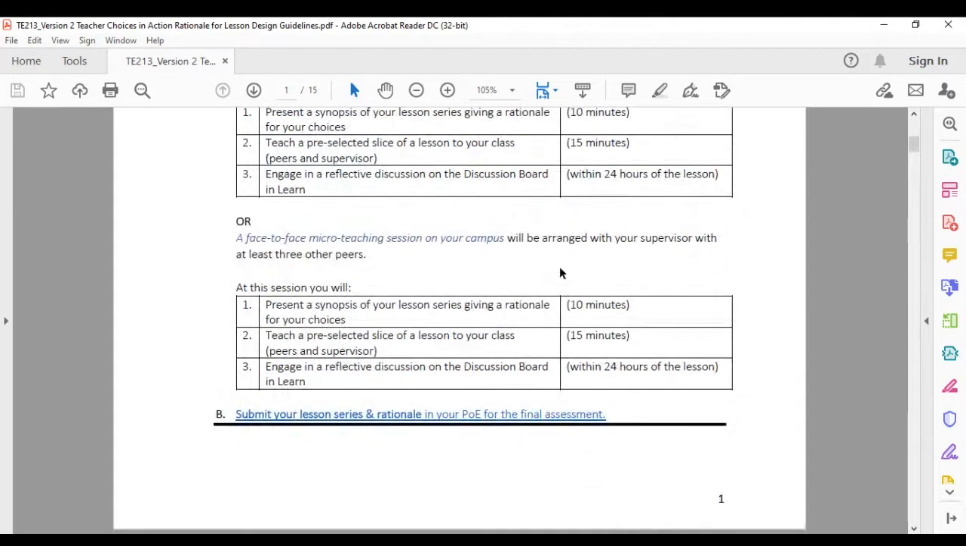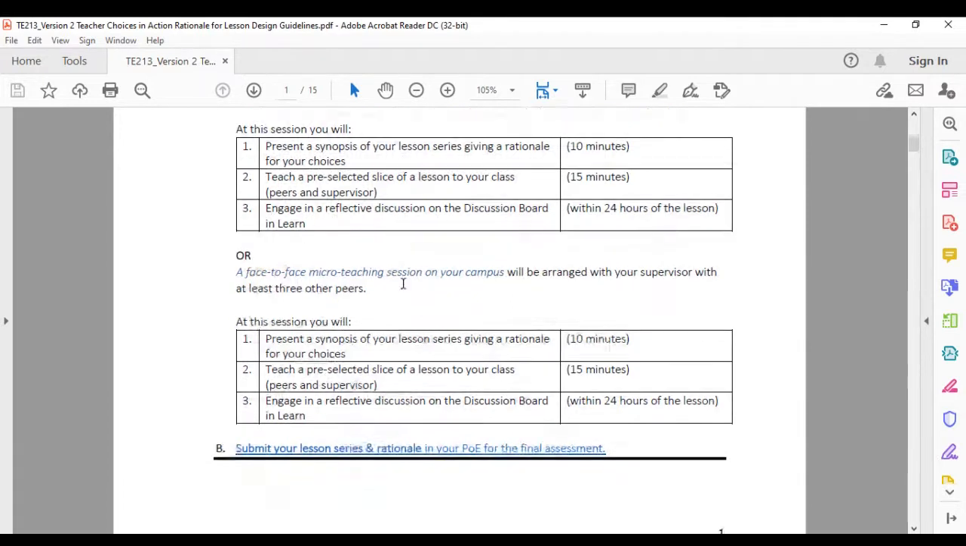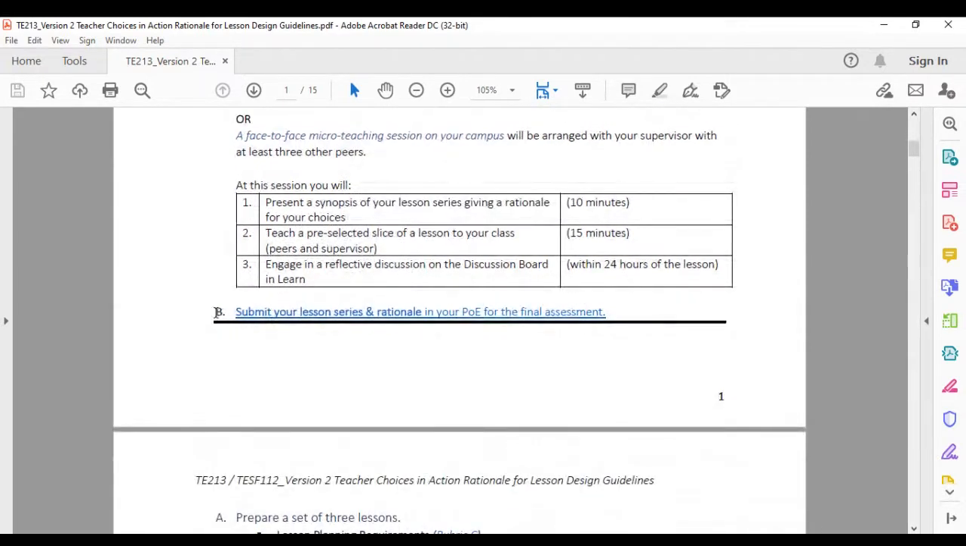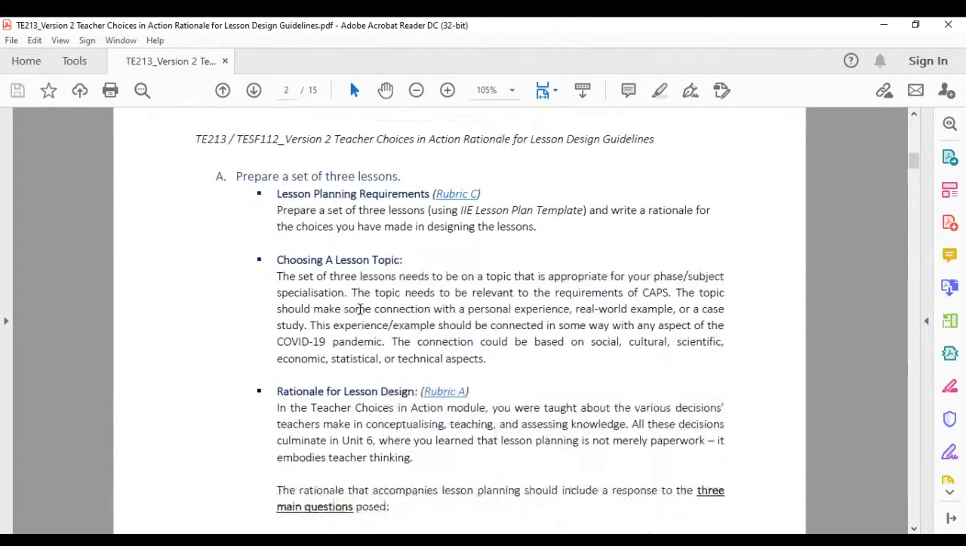Right, and then after that, our campus chose to do the collaborate session on Learn and not a face-to-face micro-teaching session on campus. Right, so that is just the two options that we had. And then number C should actually be C here. You submit your lesson series, in other words, the 3 lesson plans, and your rationale in your POE for the final assessment. Right, so here we've got detail about how to prepare your lessons, how to choose your lesson topic,